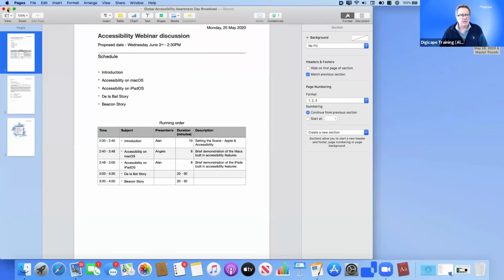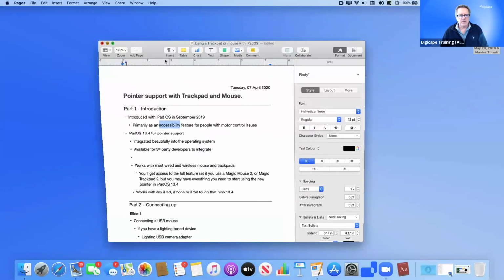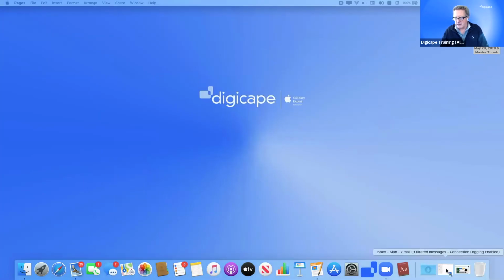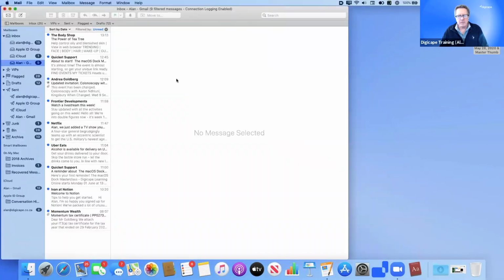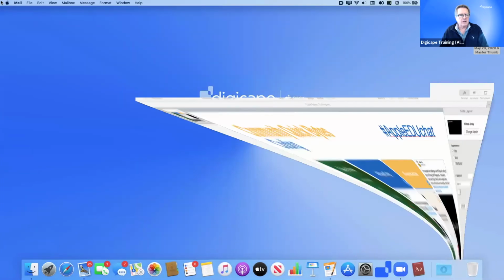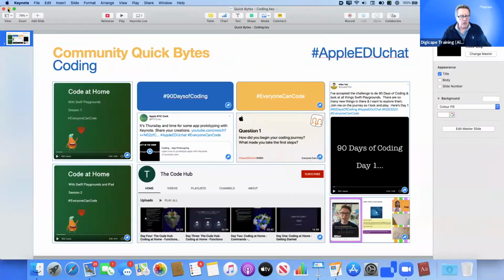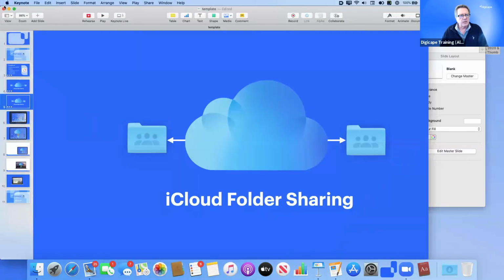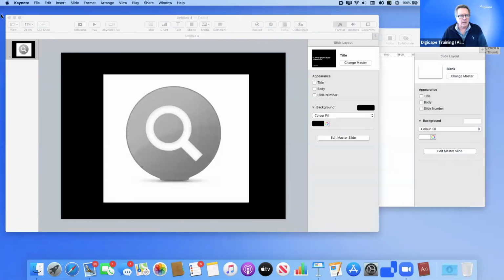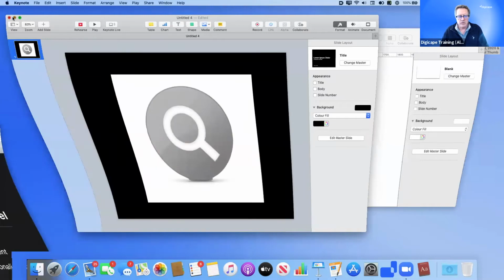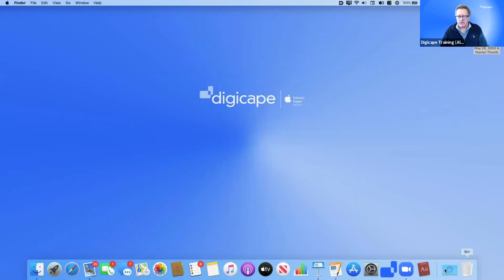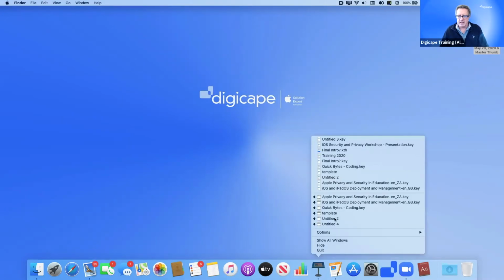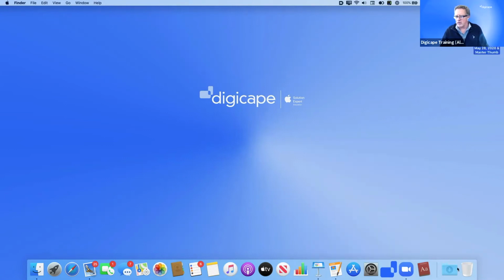And I'm going to minimize those there, minimize those there. And what we've got here, minimize my mail and minimize Safari. And you'll see they all go down into the applications that own them. Keynote's going into Keynote. Let's just minimize all of you guys. So now I've got a clean screen. I've got these applications with minimized windows, and I've got a nice clean dock on the right-hand side that I